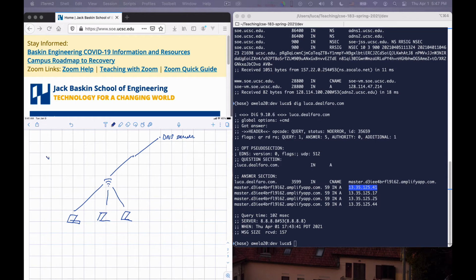So when you ask for the site where you want to go, you may want to go to bbc.co.uk, no? So this is the website of the BBC. And you need to send out this information, where is the BBC? And this will give you as answer back an IP address.